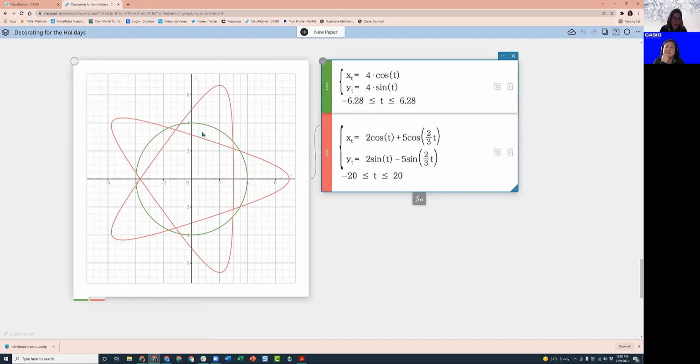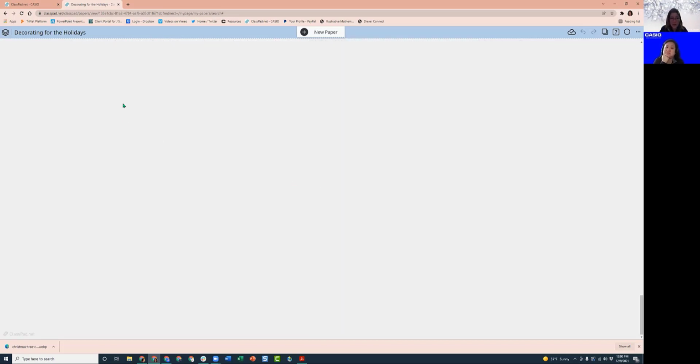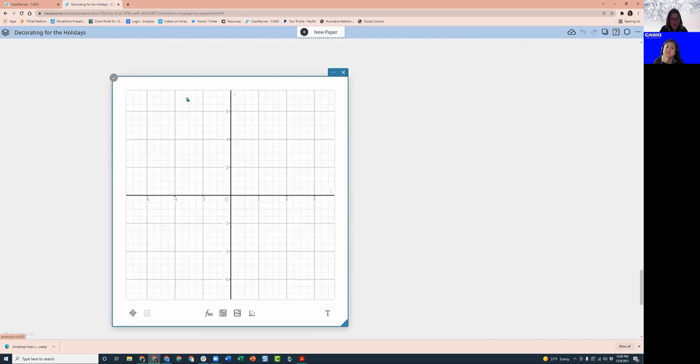You could change the colors. That was just something silly. But there's lots of ways you could explore, and you could, again, do the variables and see what happens as you change each of these. So it's a great exploration. This is one of my favorite ones that I love to do. And again,